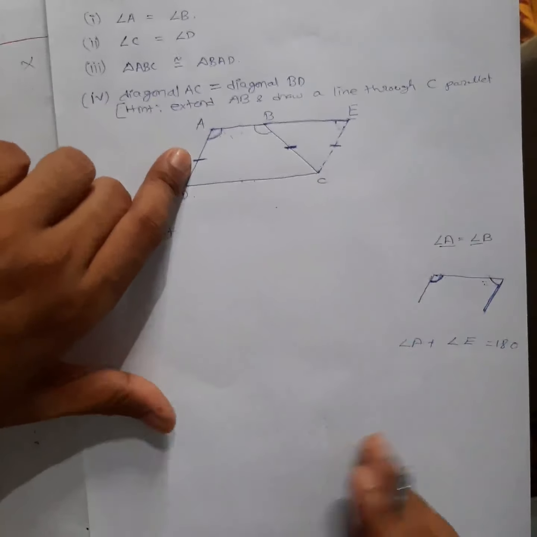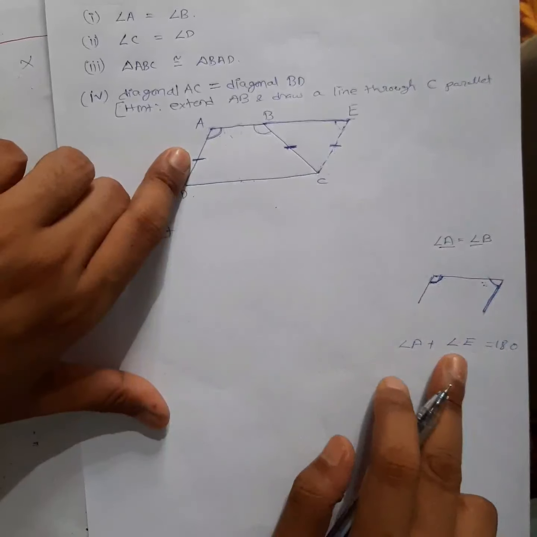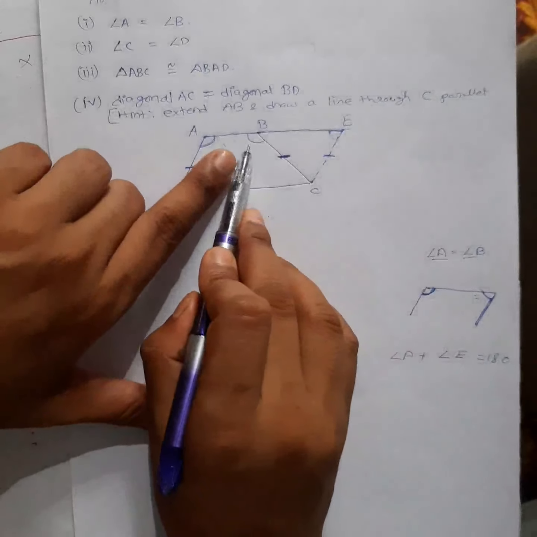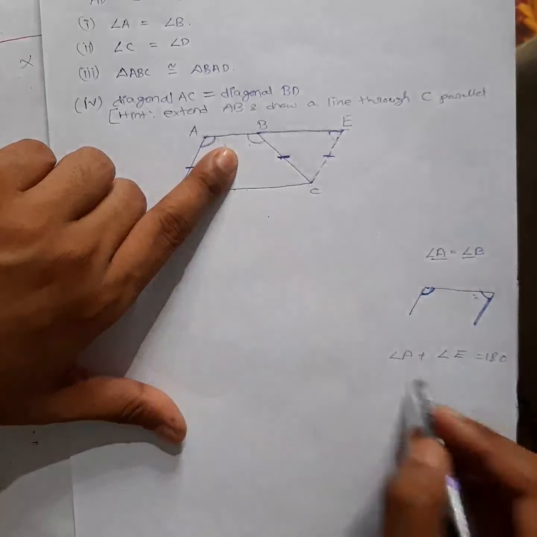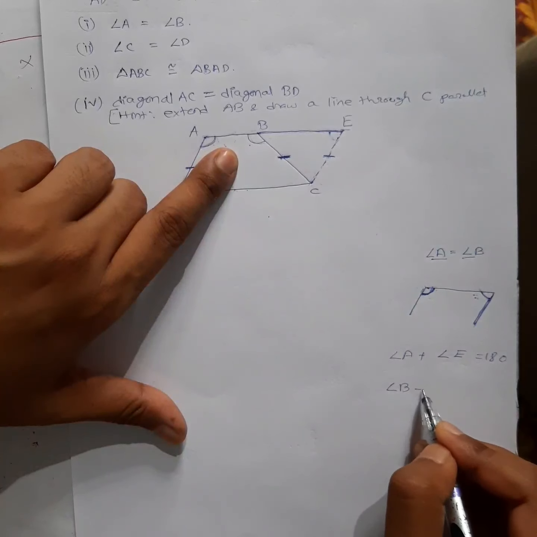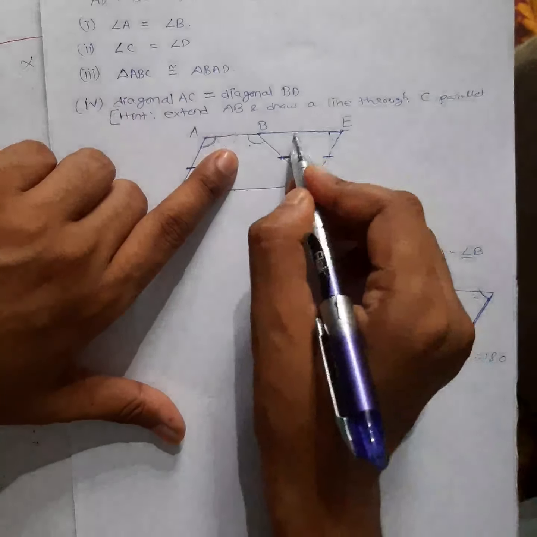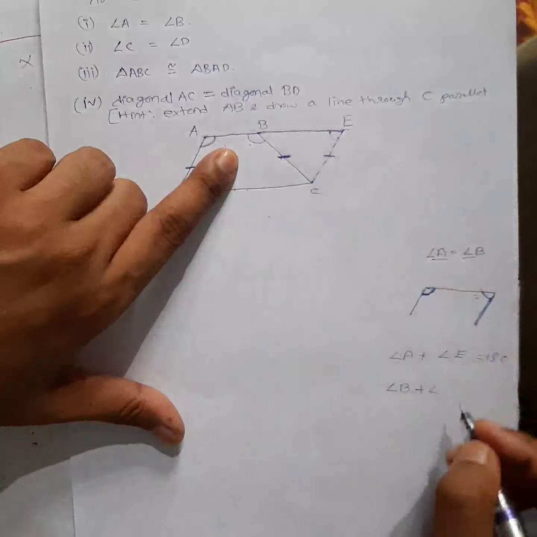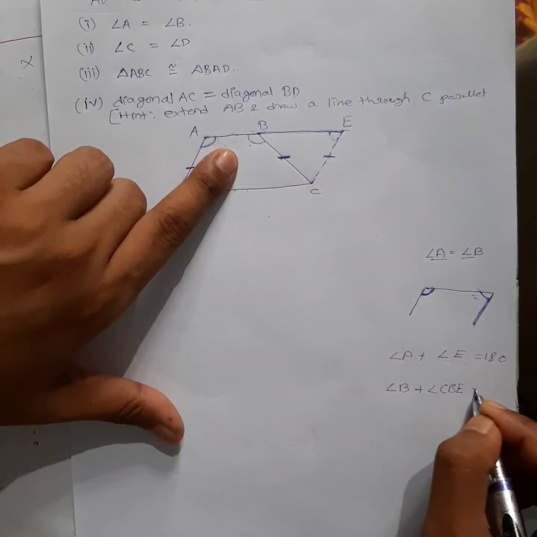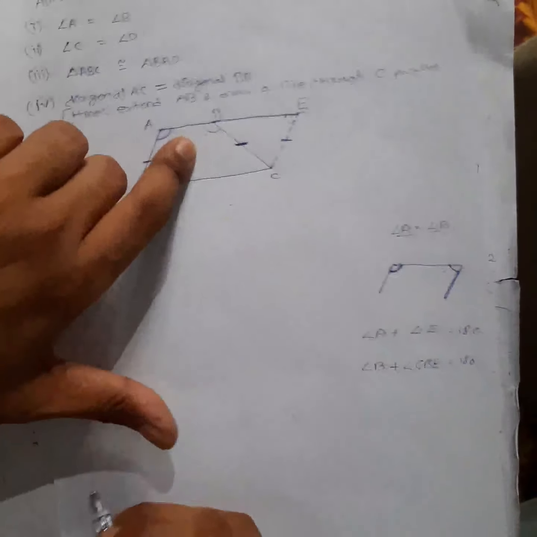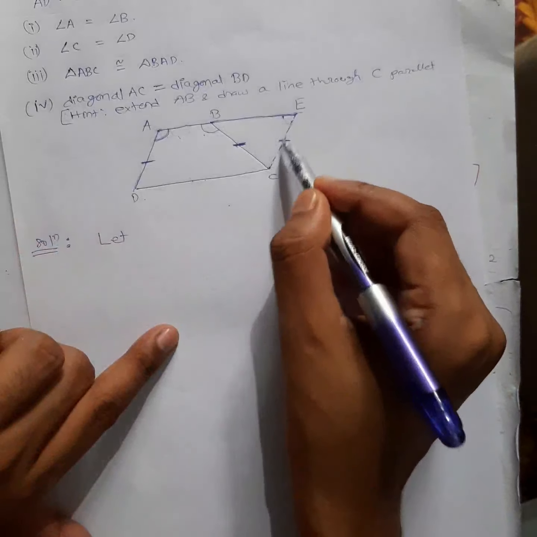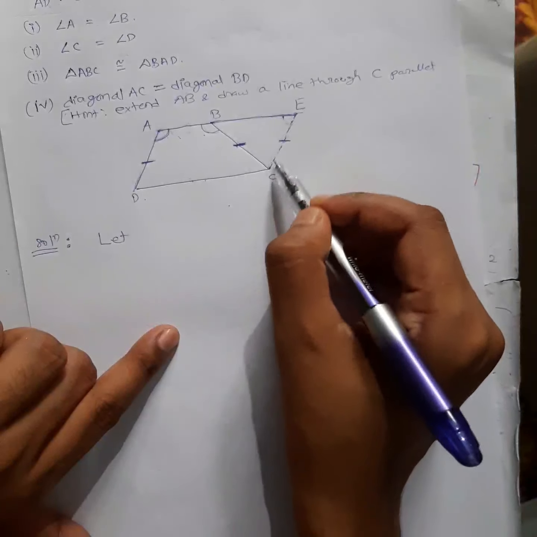180 degree, right? So I have made the equation of A, but E I don't need. Now see here what I will do. For this, what equation can you make? Angle B plus this portion, angle CBE, will be how much? This also will be 180 degree. Now see the speciality of making this construction.